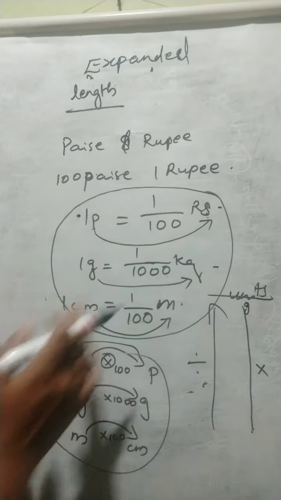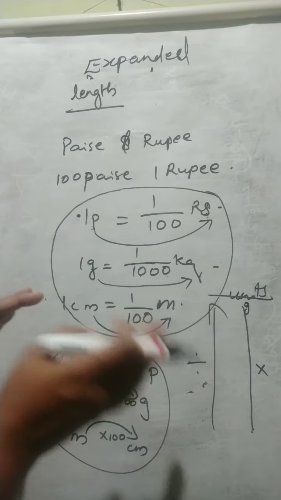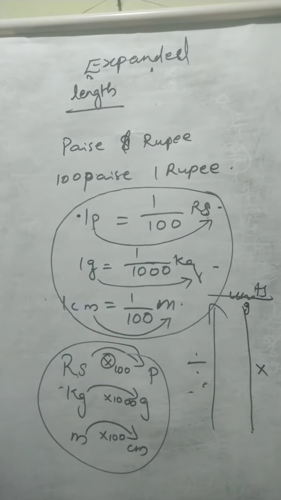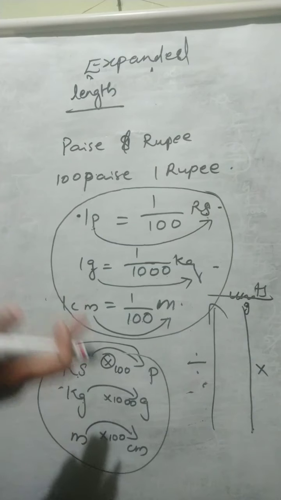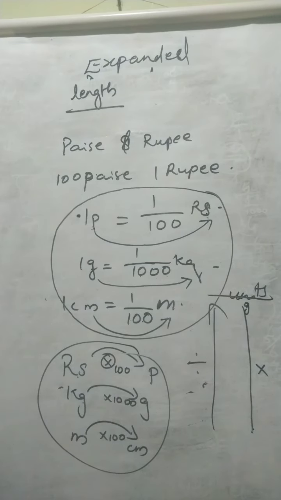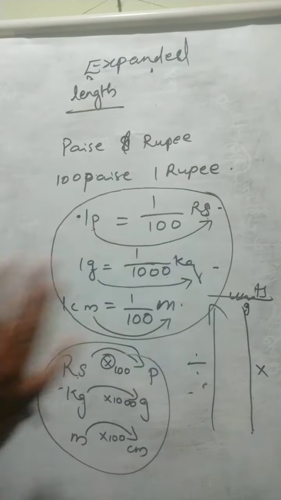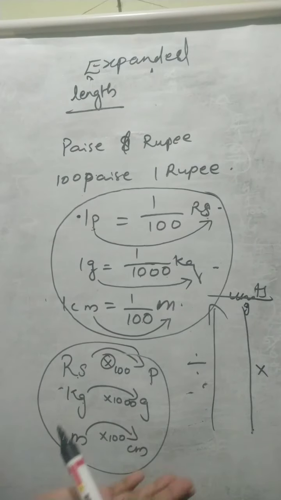In case of gram and kilogram, in which unit we have to convert? If we are to convert smaller to higher unit, we have to divide. Then in case of kilogram to gram, we have to multiply. Clear? That means lower units to higher units, we have to divide, and higher units to lower units, we have to multiply. Clear? Now another one, operations.